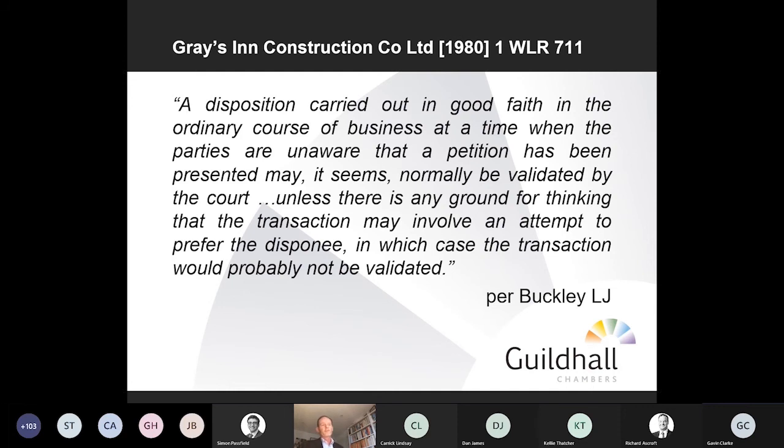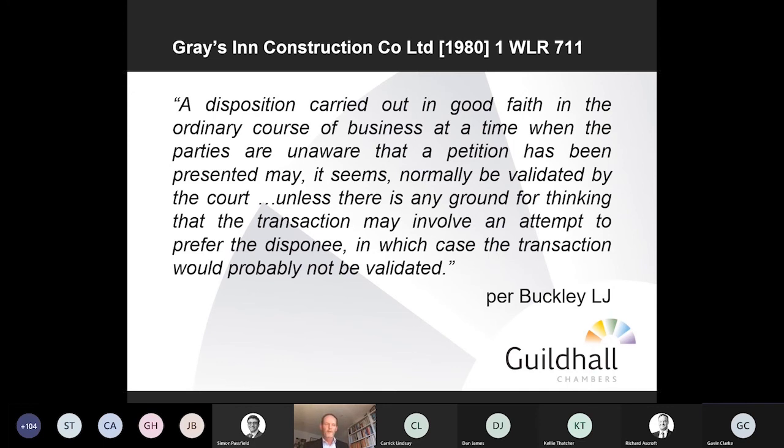I think the decision of Lord Justice Buckley in this case is quite hard to follow in some sense of the logic of it. So if you read the judgment, in the first half of the judgment, the judge goes to great lengths to explain the importance of maintaining the pari passu principle and underlining the need to maintain that. He did give a couple of examples of when the court might validate a particular transaction. The examples he gave were if, for example, the company had the opportunity post-petition to dispose of some piece of property at an exceptionally good price.